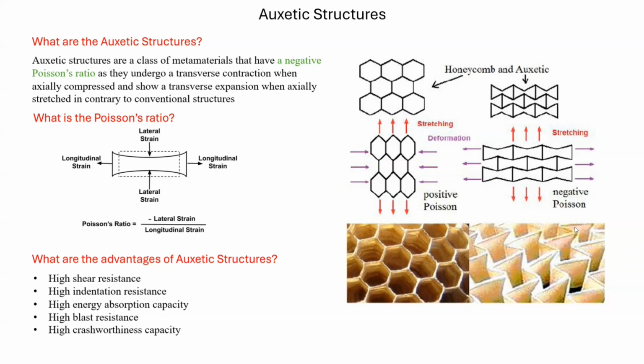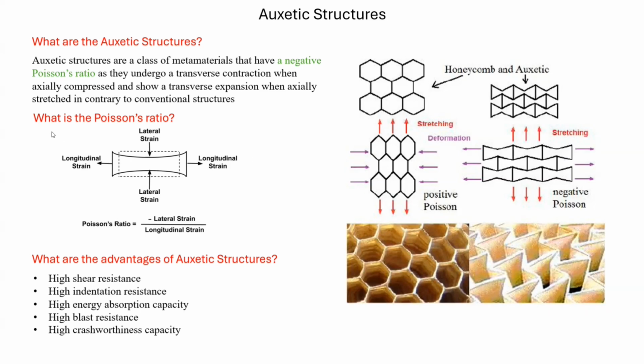conventional structures. So if we have a look at this figure, we have a conventional honeycomb and an auxetic reentrant honeycomb. For the conventional honeycomb, if we subject it to a tension force in this direction, we can see that there is contraction in the lateral direction. Contrary to the auxetic reentrant honeycomb, if we have a stretching force in this direction, we have also stretching or expansion in the lateral direction, not contraction. This is an example of the conventional honeycomb, and this is an example of the reentrant honeycomb, which is an auxetic